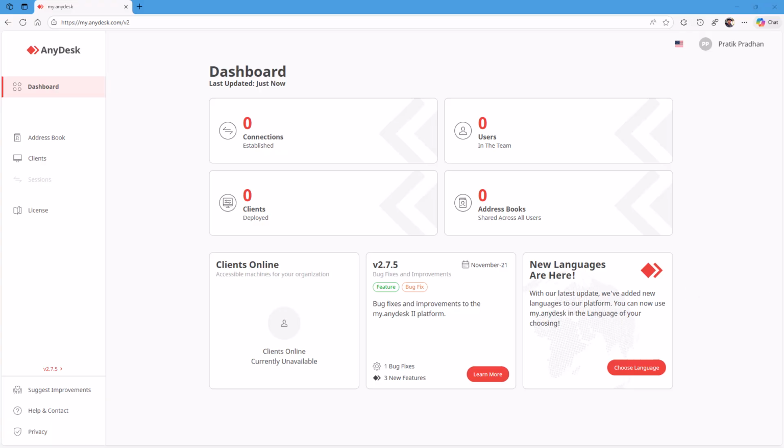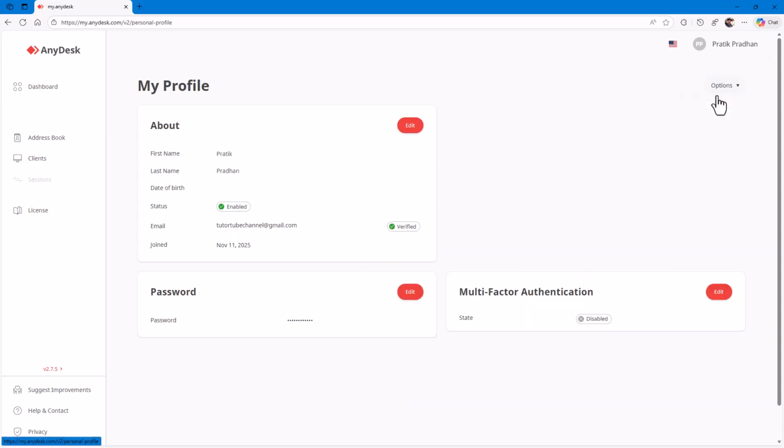So over here, I am in the web dashboard of AnyDesk, and let's say what you want to do is delete your AnyDesk account so that you can maintain some privacy. If you really want to delete it, be absolutely sure that you want to do so before you do, and then go over here onto your user ID, click over here,